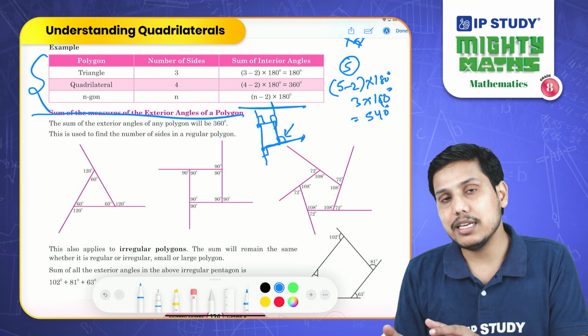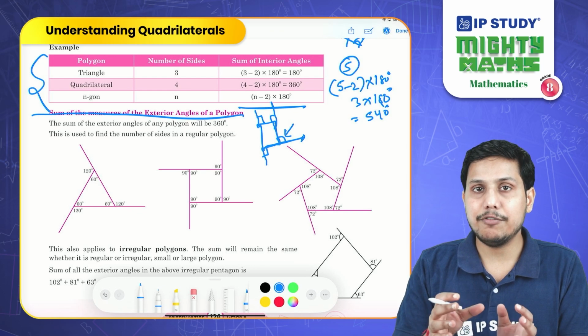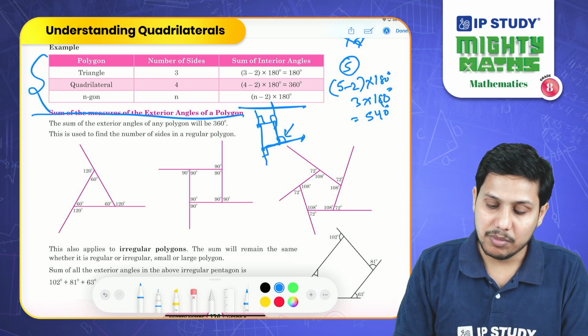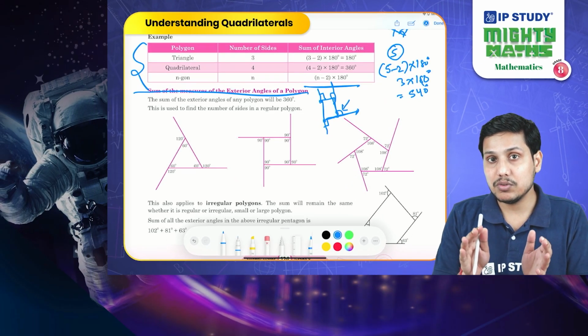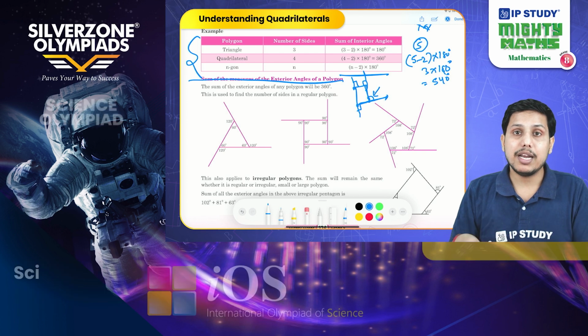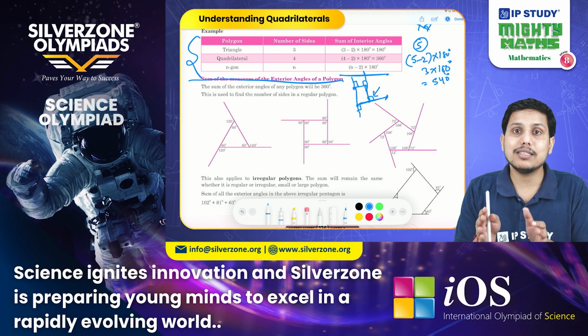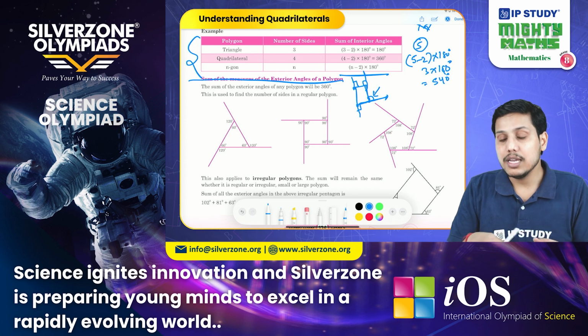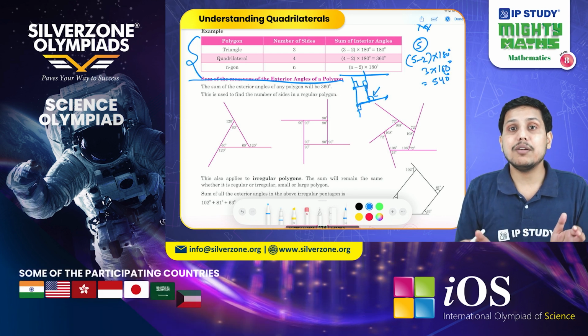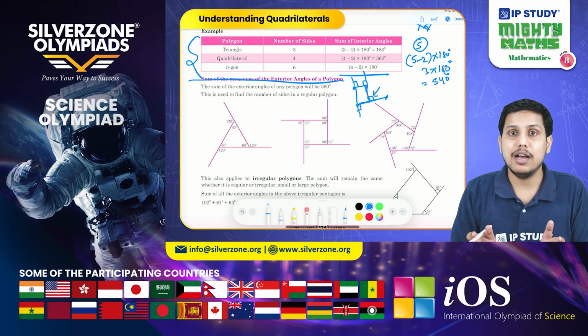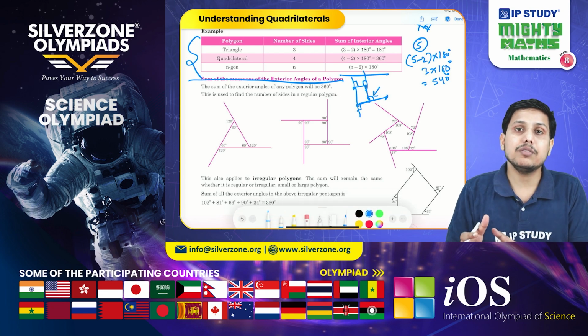the sum of interior angles is the same. That is, we have to find it using the formula n minus 2 times 180. So the formula remains the same. But in case of exterior angles, the sum of the angles is always a constant, which is 360 degrees. So it doesn't matter what the number of sides is, the sum of exterior angles will be